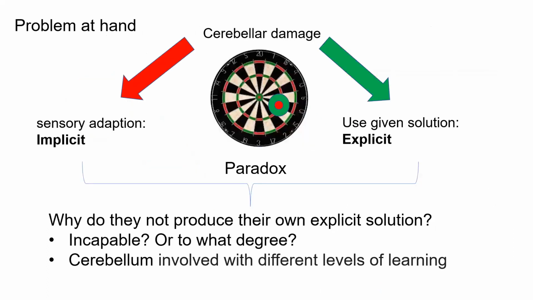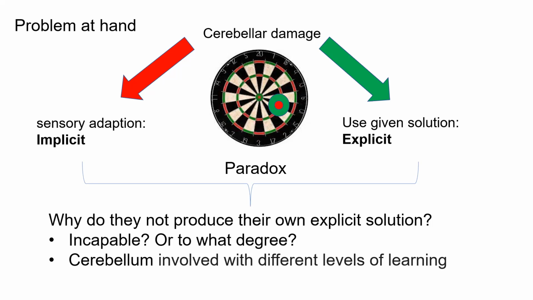So getting back to the research article, let's make this situation more complicated. And a curious finding regarding the cerebellum's role in learning in general is the following example. Let's say you have someone with damage to the cerebellum. This damage will lead to deficits in sensory adaptation. However, you can give people with cerebellum damage explicit solutions to compensate for their deficit. This is shown via red and green arrows respectively.